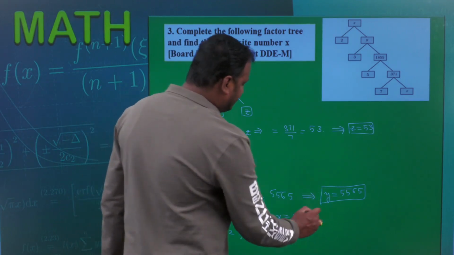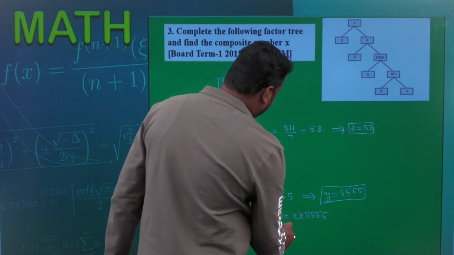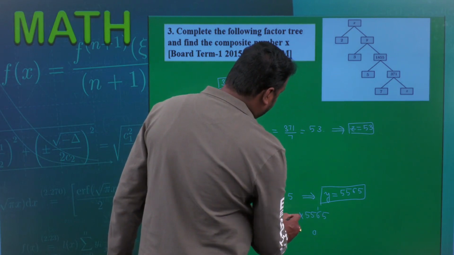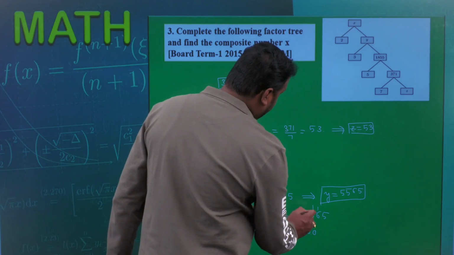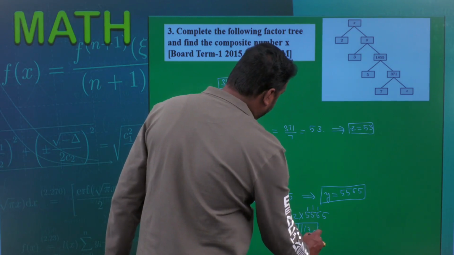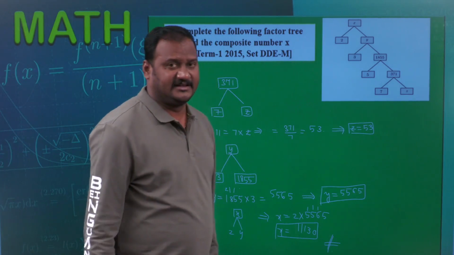Okay. So it means z is equal to 2 into y, 2y. So 2 into y, just now we got it as 5565. Therefore, the value of z is going to be 2 5s are 10, 0, 1, 2 6s are 12 plus 1 13, 3 1, 2 5s are 10 plus 1 11, 1 1, 1 1 3 0 is the value of z. So